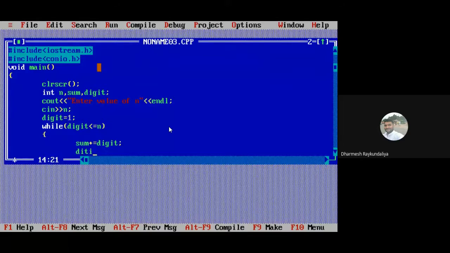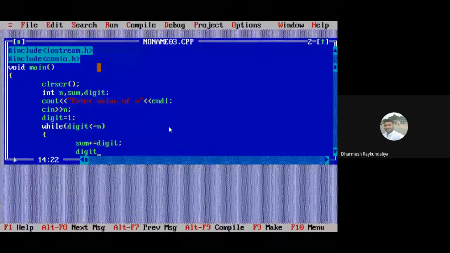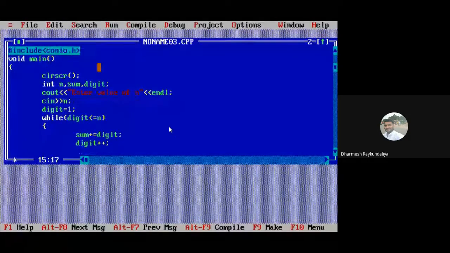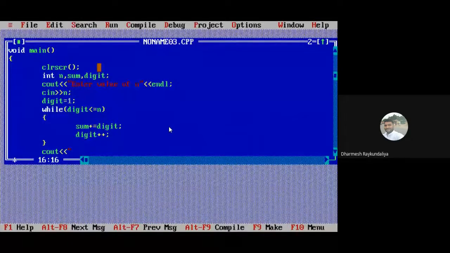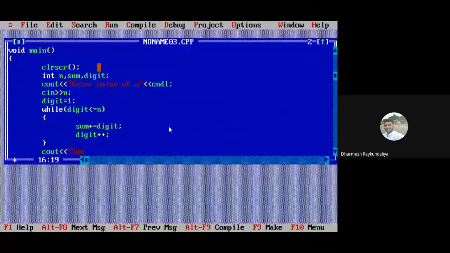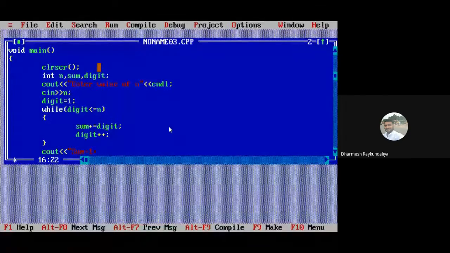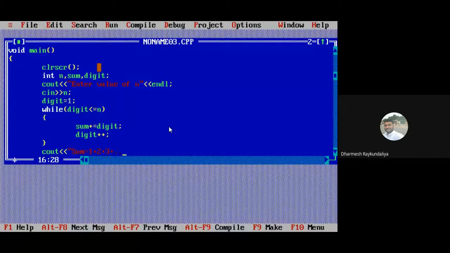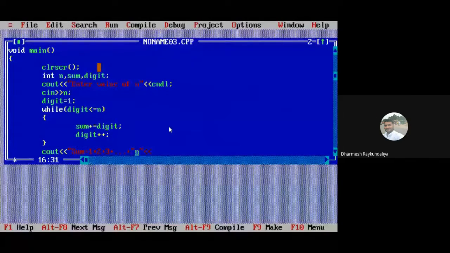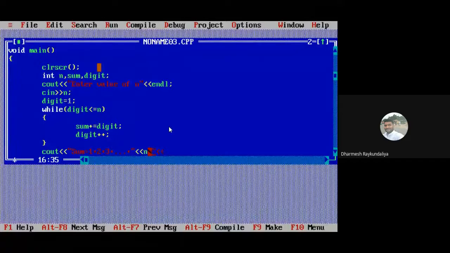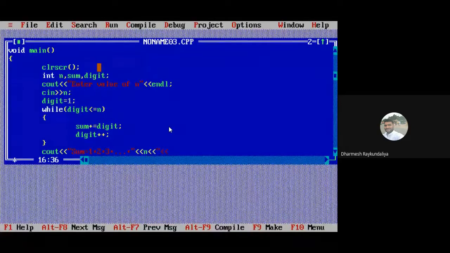Then you will increment digit by 1, and then you will print cout sum equal to 1 plus 2 plus 3 plus dot dot dot plus n. Here n I will write in this way so that it is also changing. Then you can have a sum.